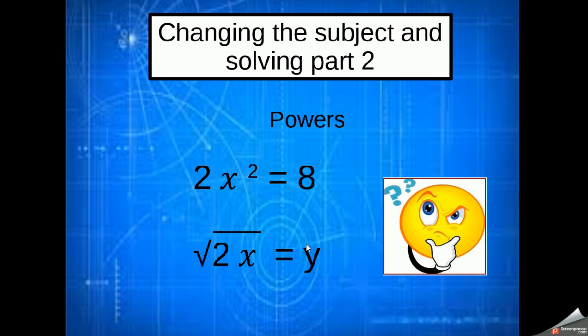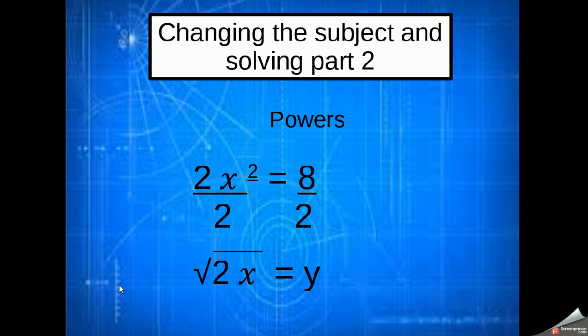The bottom one down here then, we're changing the subject. We want x to be the subject. At the moment though, we have the 2x all under a root. So again, we're going to have to get rid of that root. The reason why I've put under powers is because the root is anything to the power of a half, but by the by. So on the top then, the first thing I'm going to do is divide both sides by